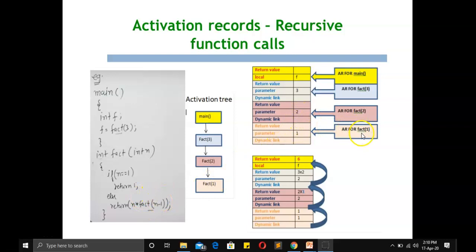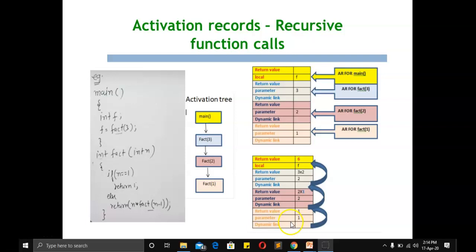Activation record of fact of 1 will be loaded in the main memory with 1 as the parameter. Now, if n is equal to 1, return 1. So the return value will be 1 and it will be returned back to the caller function. So at present in the stack area, we are going to have activation record of main, activation record for fact of 3, activation record of fact of 2 and activation record of fact of 1.